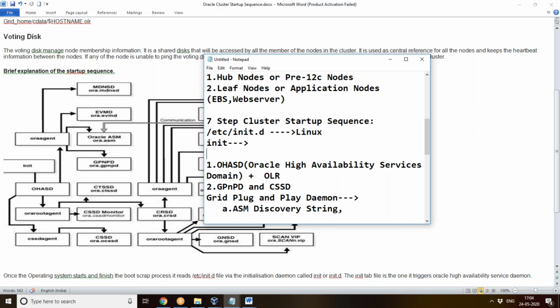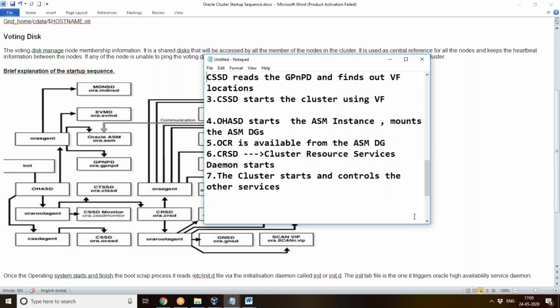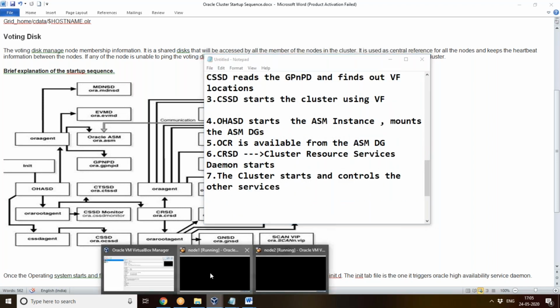So the last step controls the other services, like the ASM instance service, the listener service, the database instance service, the scan listener service. So all the other services which start with ORA. See, I'll show you.